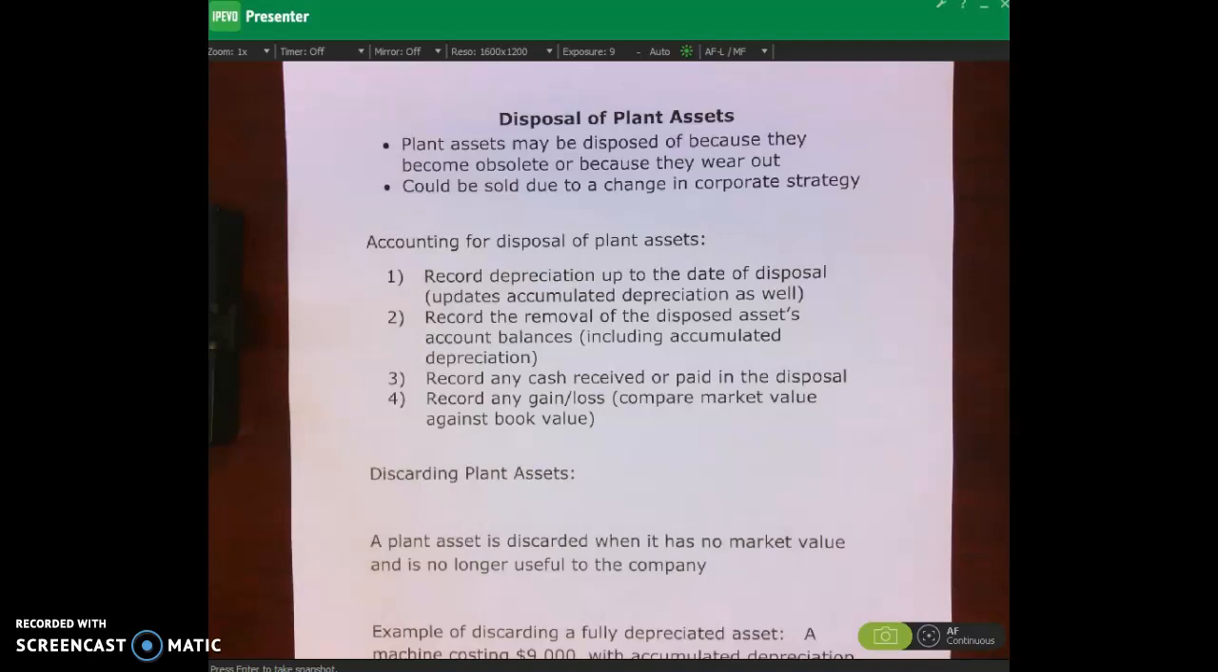Hello and welcome. In this lecture video, we'll be talking about disposal of plant assets. So we'll be talking about discarding plant assets and also selling plant assets, and then the associated journal entries with